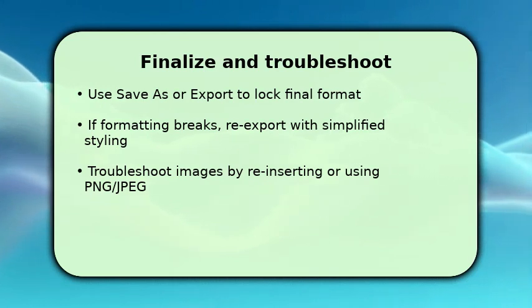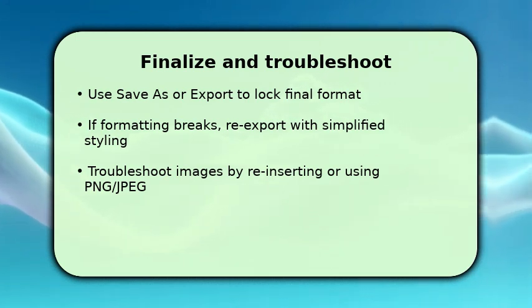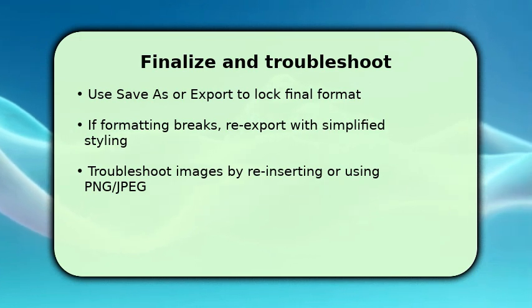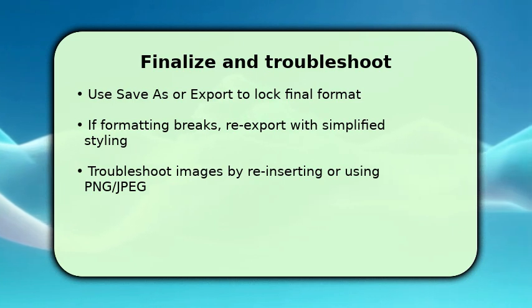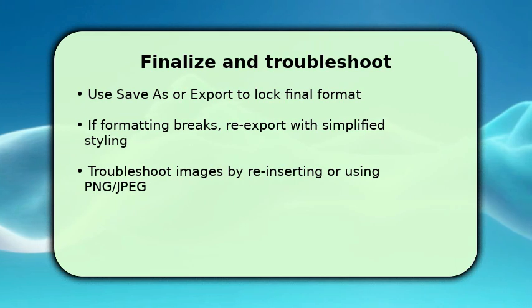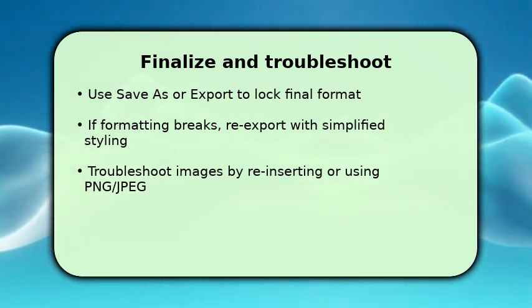If you spot stubborn formatting issues, go back to Google Docs, simplify styling, remove custom styles or complex tables, and re-download. Simplified documents convert more reliably. If images move or lose quality, reinsert them in Word as PNG or JPEG. One key tip: if conversion fails repeatedly, download as ODT, then open in Word or use